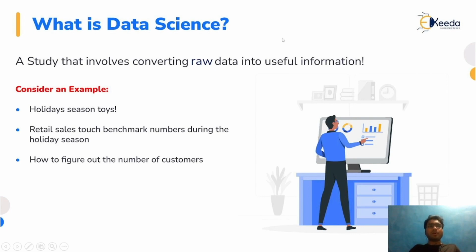Similarly, if I take the example of banking data, the major task of a bank is to identify which customers may default going forward, or who will pay their loan on time. This is one of the great use cases in the banking industry. At the initial stage, banks just get the raw information about a customer, and then using that raw information they try to derive some useful information on the basis of which they deny your loan application or accept it. So this is data science.